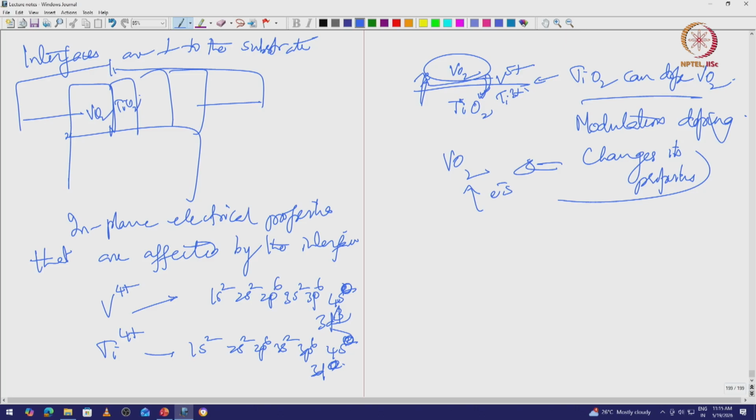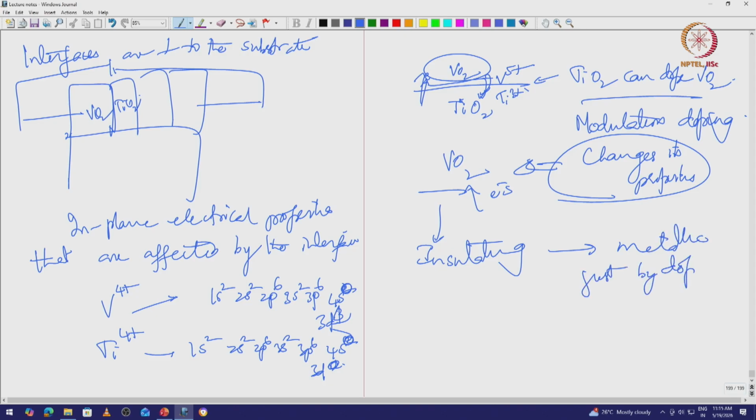right. It is possible that vanadium oxide, which is insulating, can become metallic just by doping electrons. Okay. So, this is some n-type titanium oxide, which means there are some extra electrons here, and these electrons can be transported from the interface to vanadium oxide, right. So, I can do all these changes to properties through interfacial transfer, and for some reason I want this change